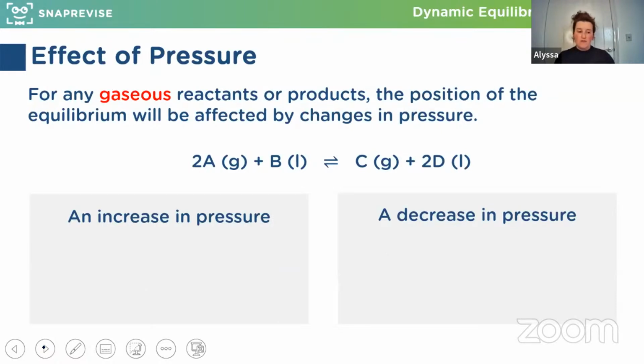What about with pressure then? We've looked at concentration, we've looked at temperature, now we're looking at pressure. For any gaseous reactants or products, the position of equilibrium will be affected by changes in pressure. So if we change the amounts of gaseous reactants or products, we can affect the position of equilibrium as well. If we increase the pressure here, which direction is our equilibrium going to shift? An increase in pressure will shift the equilibrium